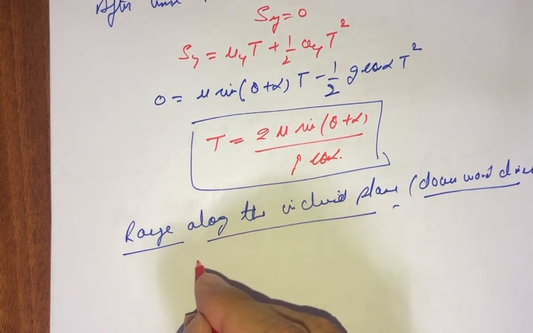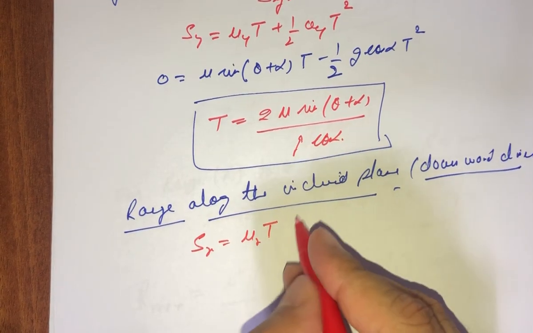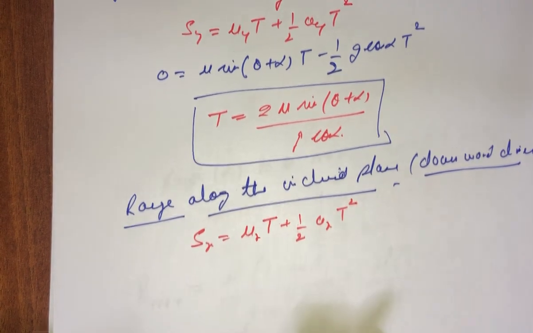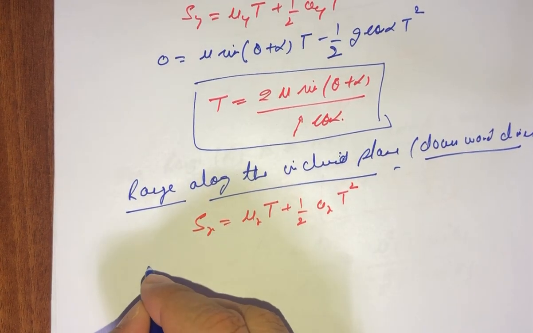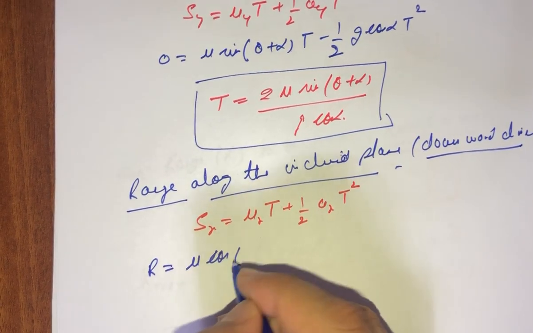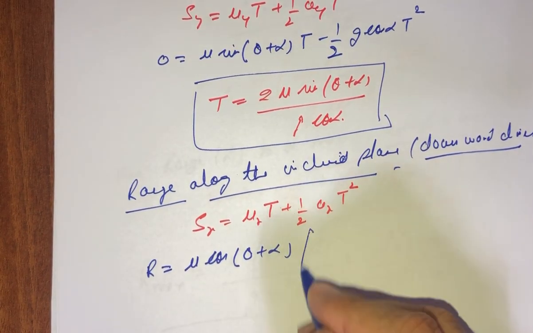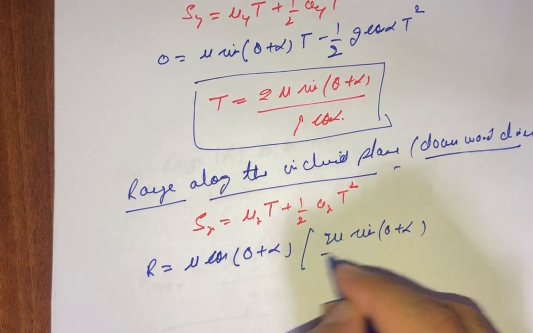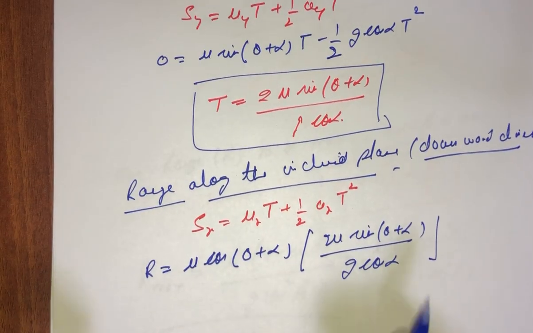So s of x is equal to ux t plus half ax t square. Sx is the range, R. So we can say that R is equal to u cos of theta plus alpha, and we already know the value of T, that is 2u sin of theta plus alpha divided by g cos of alpha, plus